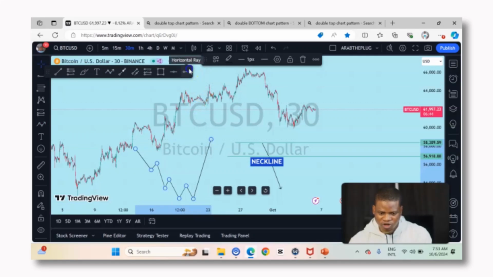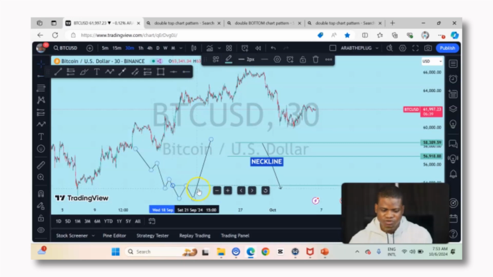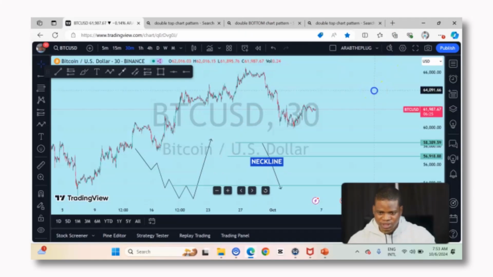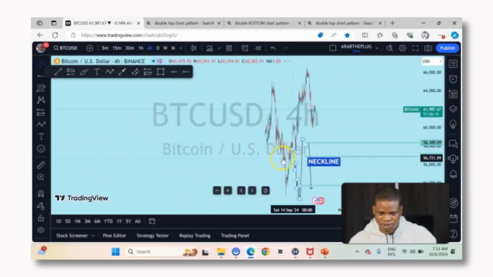So now, looking at the double bottom, this place is what we call the neckline, because this is where the neck of the pattern is, and once the market breaks out of this neckline, you look for opportunities to take a long or a buy trade. So those are the first two chart patterns that we'll be talking about, the double top pattern and the double bottom pattern. If you look at the Bitcoin charts, you can actually identify a lot of double tops and double bottoms